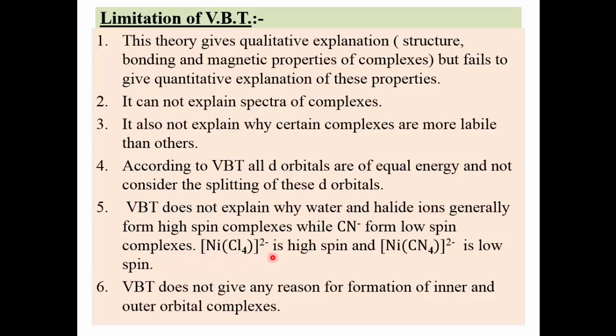So NiCl4 2 minus is high spin while Ni(CN)4 2 minus is low spin. Why this is so? This is not explained clearly by Pauling. VBT does not give any reason for formation of inner and outer orbital complexes. We have discussed in detail when there is d2sp3 hybridization, at that time metal forms inner orbital complexes and when there is sp3d2 hybridization, that metal forms outer orbital complexes. Why this is so? This is not explained properly by